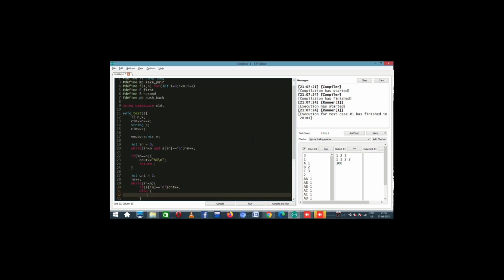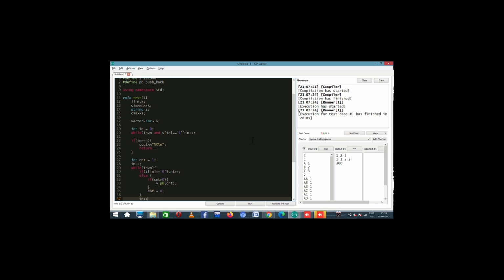Else if count is greater than 0, then you need to push it in the vector. So vector dot push back count, and you set count equal to 0, and every time you want index plus plus. When you are outside, you again check if the current count is greater than 0, then you again say v dot push back count, right?